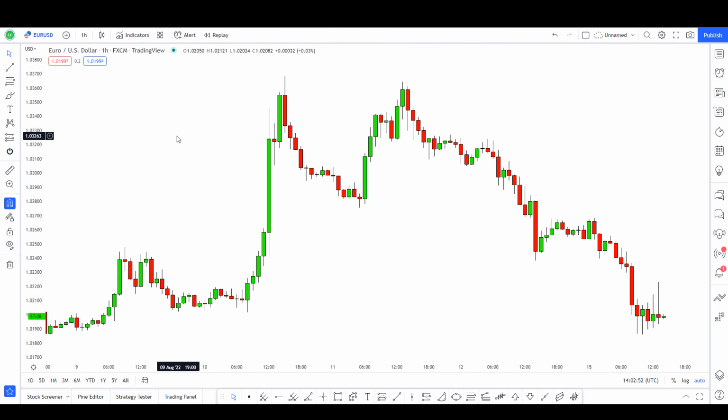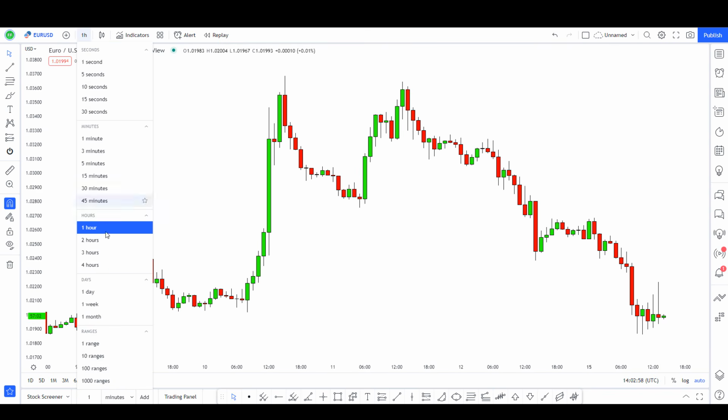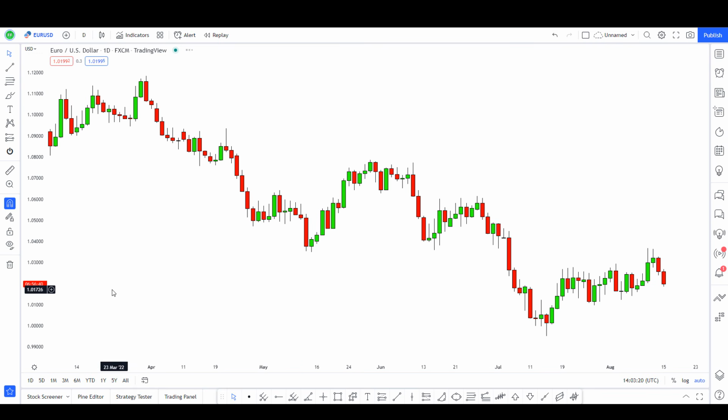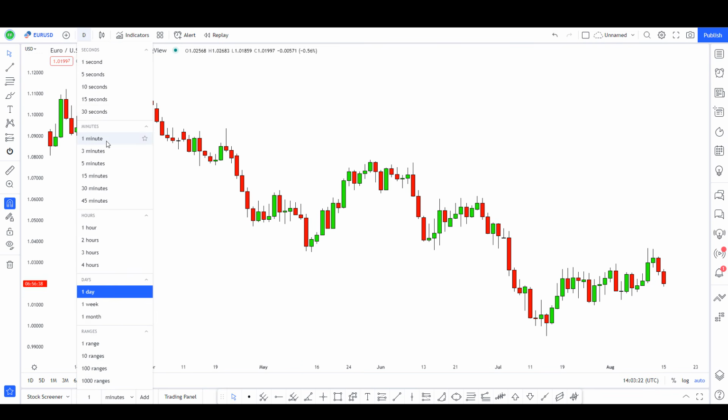When 1 hour passes by, another candlestick begins to form in the chart. As you can see here, there are many time frame options. You can choose from 1 second all the way up to 1 month. In the 1 second time frame, each candlestick will take 1 second to form. In the monthly time frame, each candlestick will take 1 month to form. Notice that you can see the same symbol or instrument in many different time frames. The daily time frame will practically be a different market than the 1-minute time frame, even when we are talking